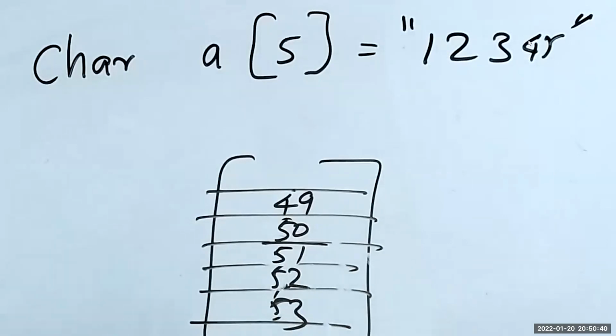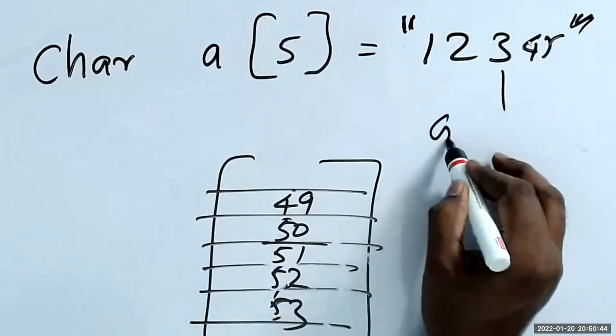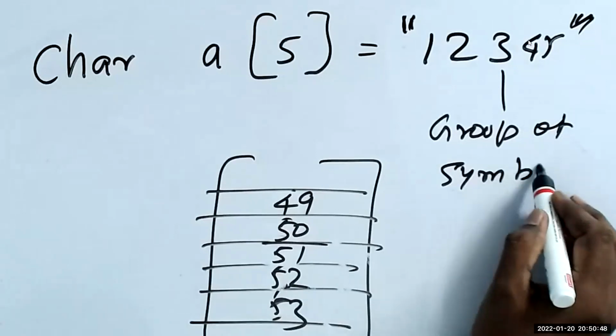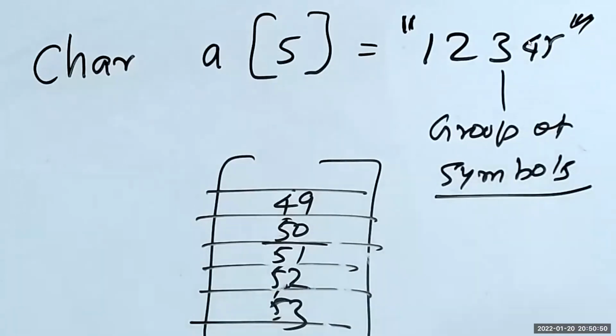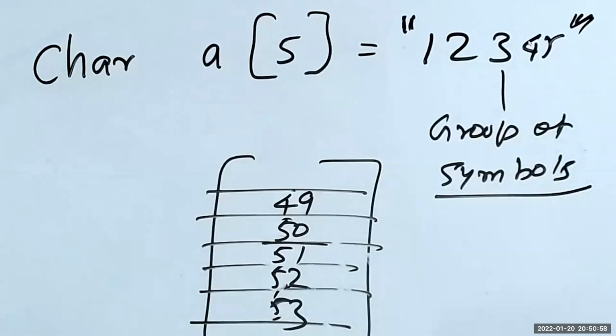Please understand, because a string is nothing but a group of symbols, not numbers. A string is nothing but a group of symbols, not numbers. In this case, the 1 is taken as a symbol, not taken as an integer. Please understand. So if you wanted to print, if you do printf